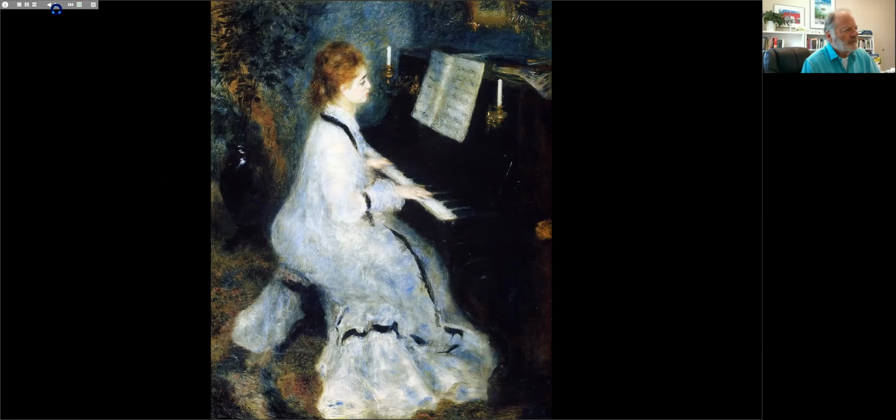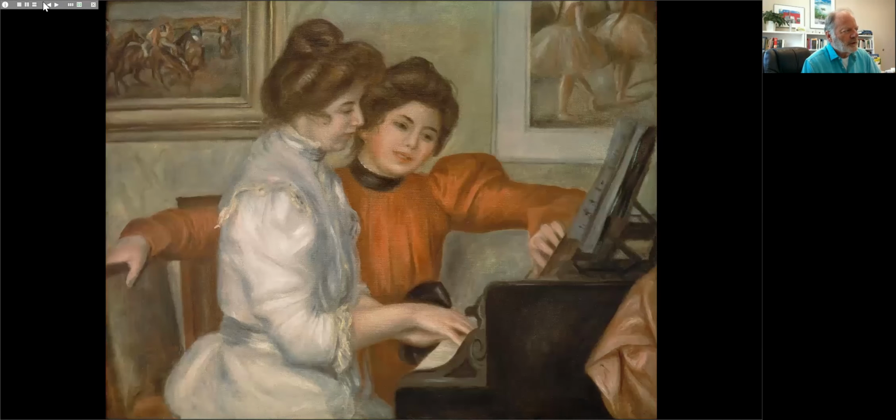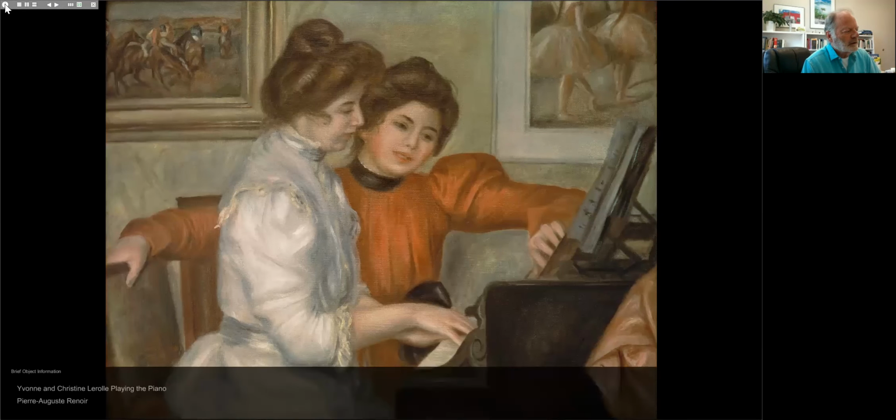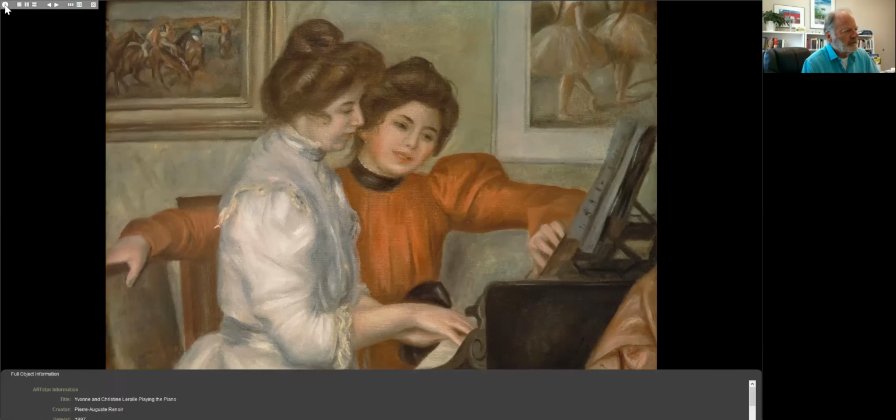And here a second version. A number of these show two or more figures. And in this case, we're seeing the daughters of the painter Henri Lerolle, Yvonne and Christine, playing the piano. And notice they seem to be, again, kind of plucking out a tune.